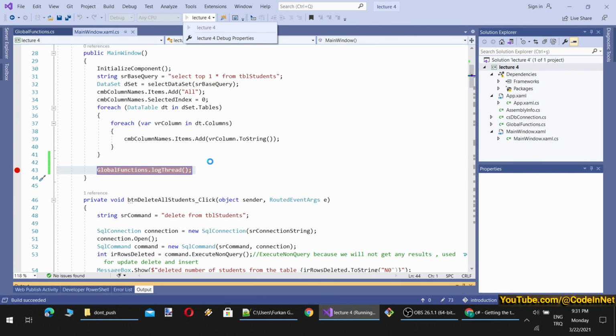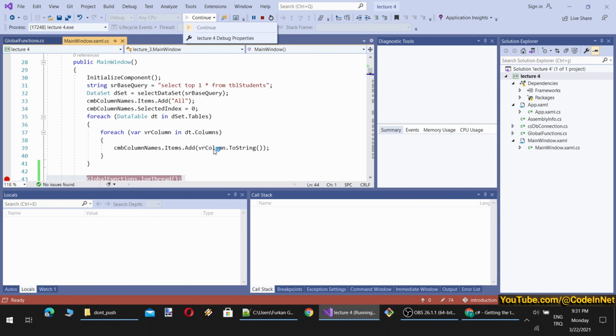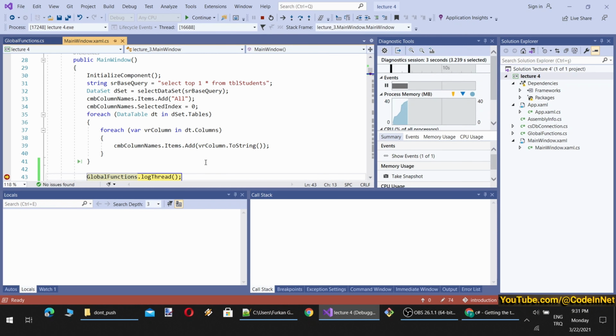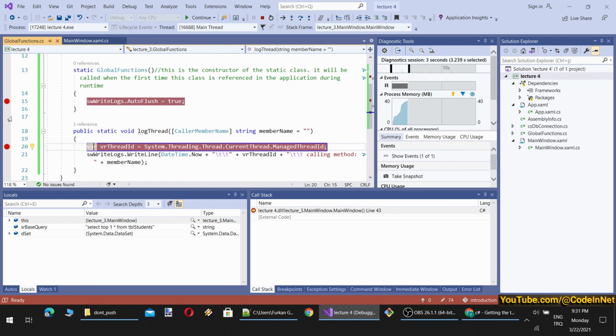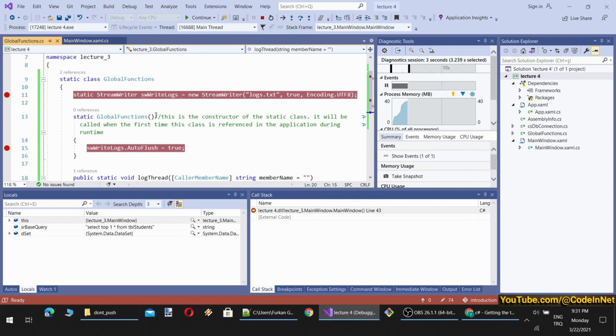Let's run our application to see in which order the static members get initialized. You see none of these breakpoints have been reached yet, because this static class is not initialized until you use a method, a variable, or something from it in your application. So they are not initialized as soon as you run your application. They are initialized as soon as you make a call to that class.